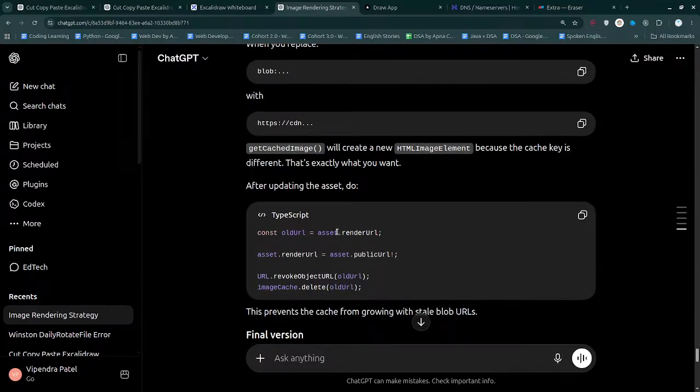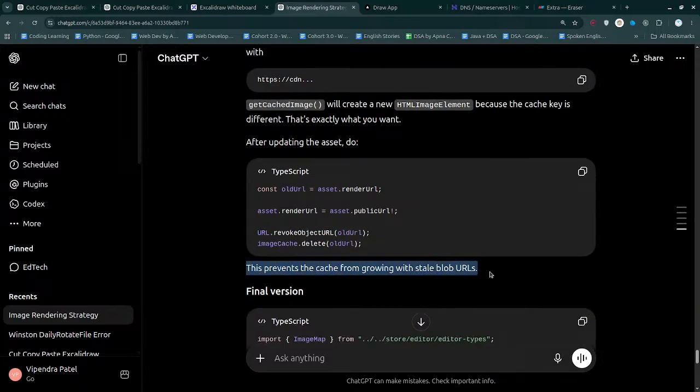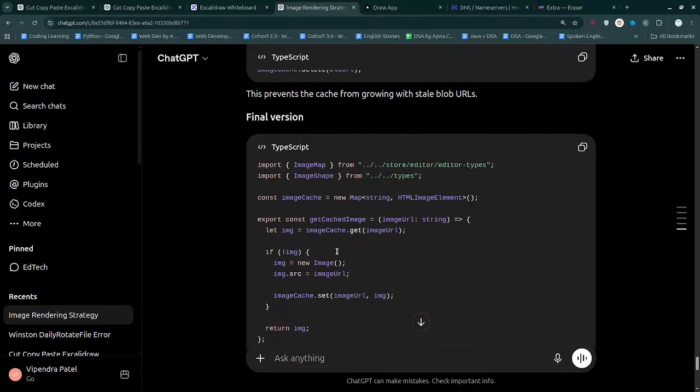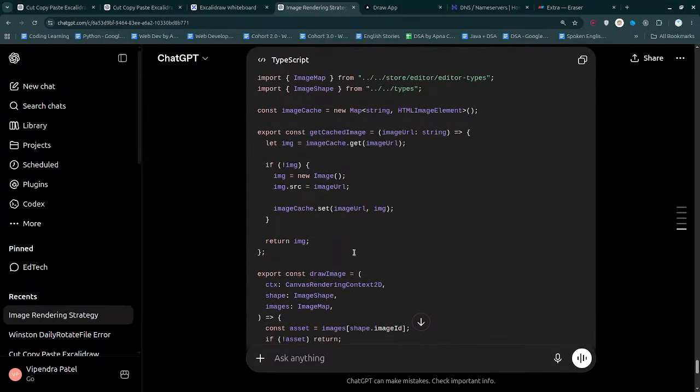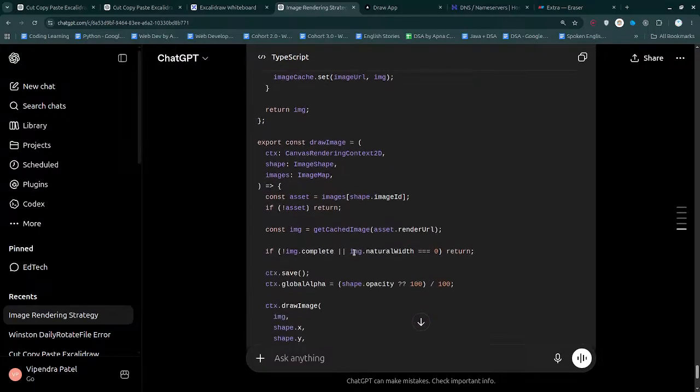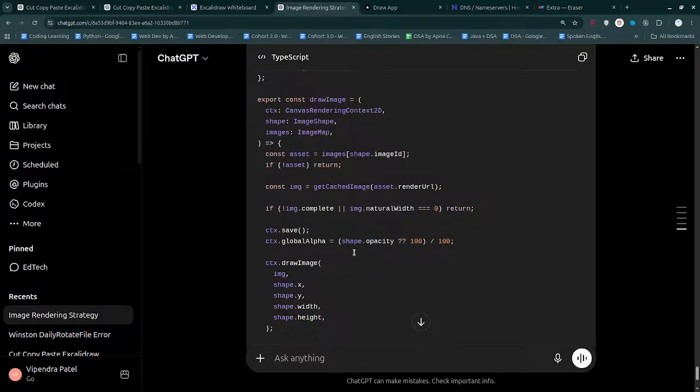After updating the asset, oldURL is gonna be render URL, and asset.renderURL is gonna be asset.publicURL. So it's gonna be oldURL, and this cache image delete oldURL. This prevents the cache from growing with blob URLs. Final version is gonna be like this, where we are actually